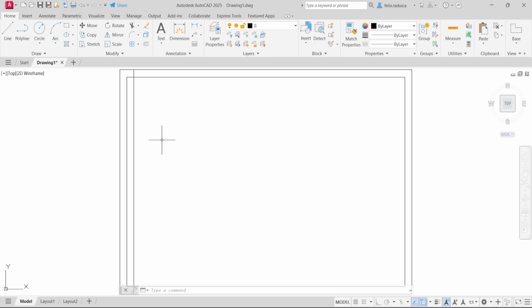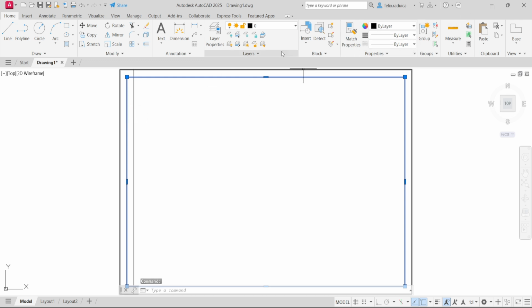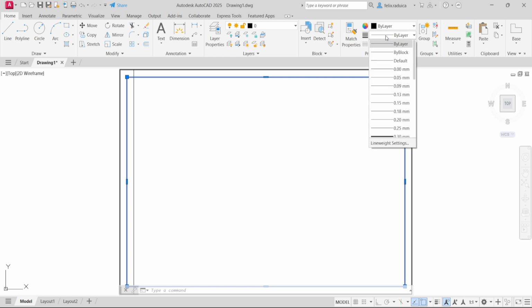Going to talk more about object properties and how you can use this to improve your drawings. For example, in this situation, I have an A3 format and one of these rectangles needs to be with a thick line. So I can select this, go here into my properties panel and change its thickness here to 0.3,